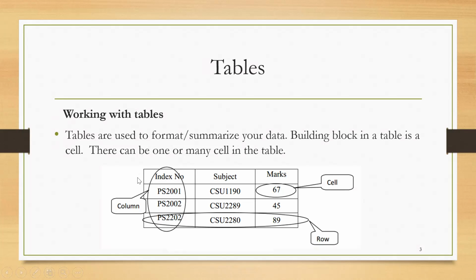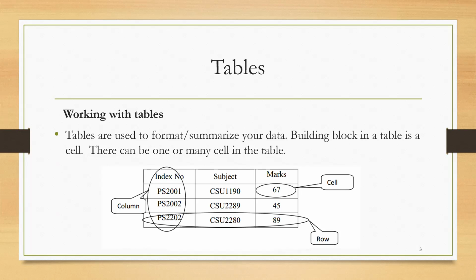Here, look at here. We have 1, 2, 3, 4 rows as well as 1, 2, 3 columns. So this table is created using 4 rows and 3 columns. The intersection point of a row and a column, we call it a cell. You look at here, so this is cell number 1, 2, 3, 4, 5, 6. I hope you have understood what is a row, what is a column and what is a cell. Okay, so there are no questions about what is a row and what is a column.